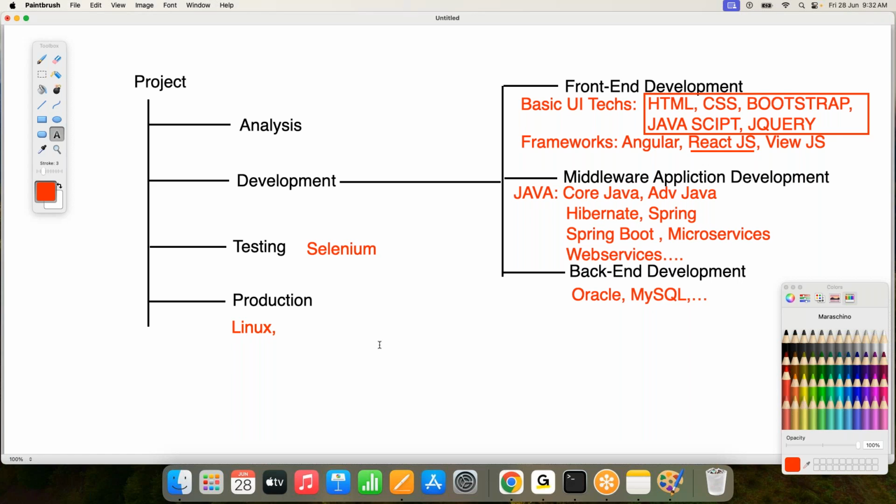Now observe carefully. Not only the Linux operating system, we have to maintain the server, a separate database, and the required network. Not only that, some monitoring is also required over the products and the tools. This is totally called the infrastructure for the project: maintaining a server, a database, a network, other resources, and monitoring tools for our services and product. Everything together is the infrastructure for the project.